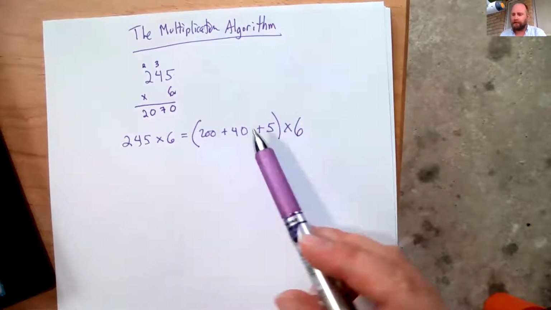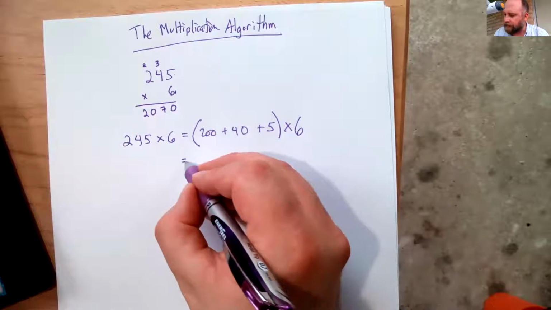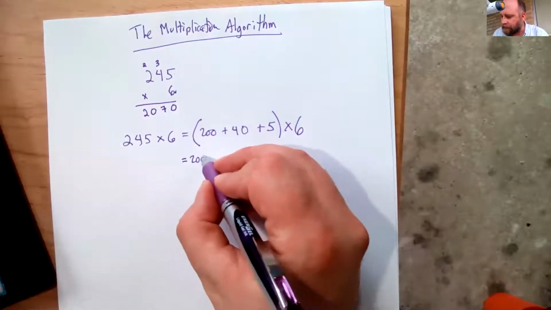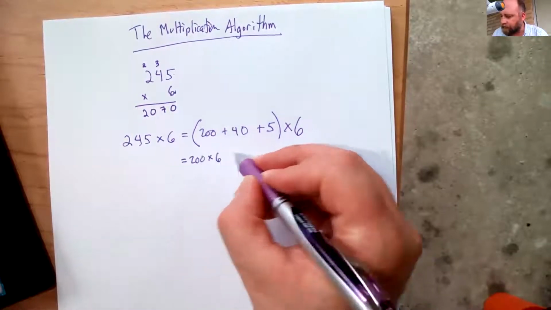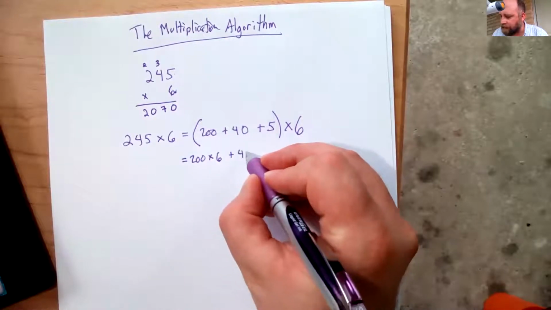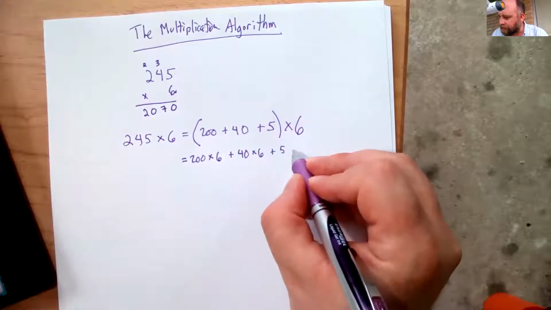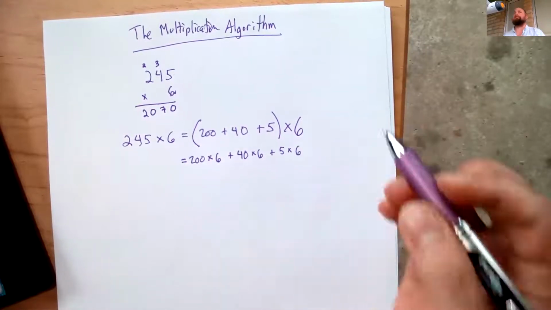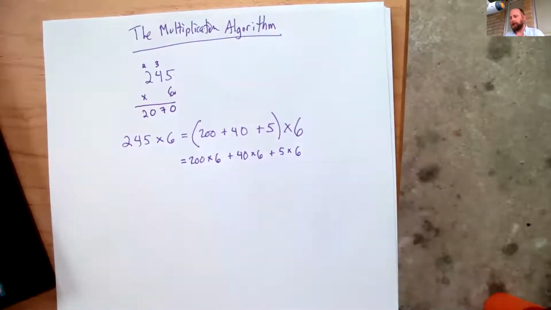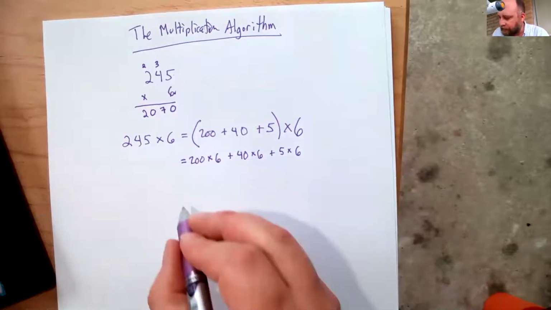We use the distributive law to write this as 200 times 6 plus 40 times 6 plus 5 times 6. And then we get,